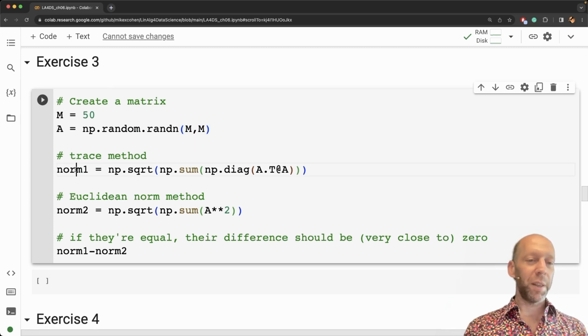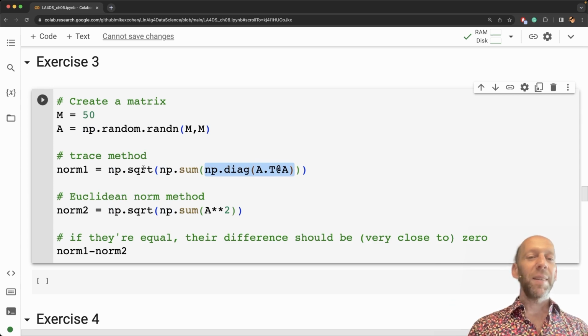Okay, so here I call this norm 1 and norm 2. This is the Euclidean norm method. So here I'm taking all the individual elements, squaring them, summing them, and taking the square root. And here is the trace method where I take A transpose times A and then take the diagonal elements, so only the diagonal elements, ignoring all the off-diagonal elements, sum the diagonal elements, that's the trace, and then take the